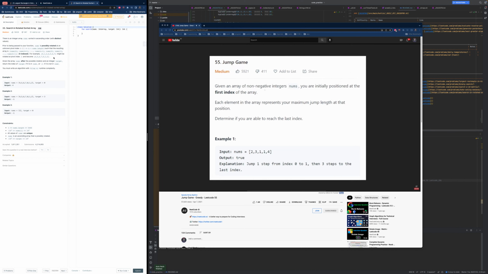So we're given an array of non-negative numbers, so all of them are going to be 0 or positive, and we're initially positioned at the first index of the array. So for example, in this input array, we're positioned at the first index, or the 0th index, right? The first position. So this is where we're going to start. And so for every value in the array, for every element, the number itself, for example, number 2 in the first position, represents